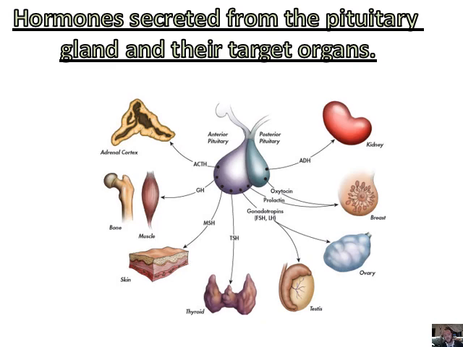Now, if I said to you, if you want a 95%, you can go and learn which hormones are released from the anterior pituitary, and then the ones that are released from the posterior pituitary gland. I'm just going to briefly go over a couple of these now, because we are going to do it in great depth a little bit later.